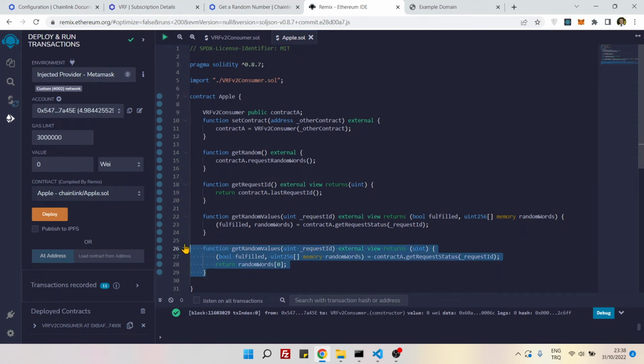Now this function will return the first random number that I have created by clicking on this function. This function produces random numbers. This function gives us the random number request ID, because we need this request ID to access our random numbers. And these functions are doing the same thing in two different ways. By calling these two functions, we can see our random numbers,